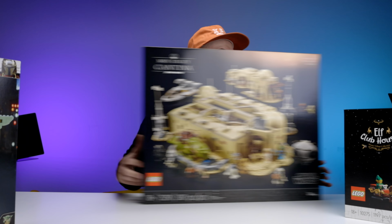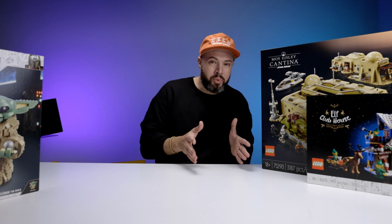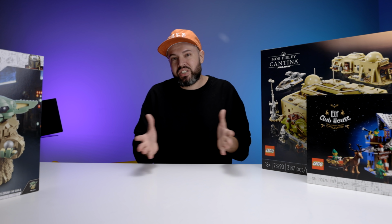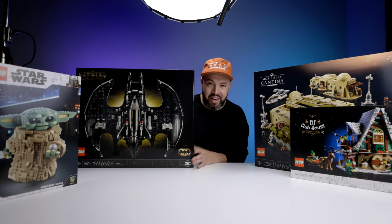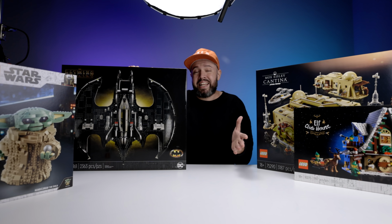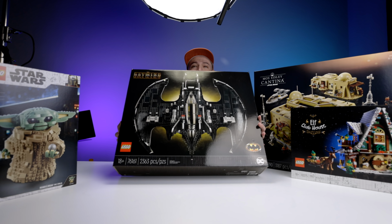Moving on. The next set that I'm going to be showing you was released back in October, and I needed it to complete my collection of Batman vehicles. I already had the 1989 Batmobile, which I still haven't built yet. I could not say no to the Batwing. Do you see how shiny